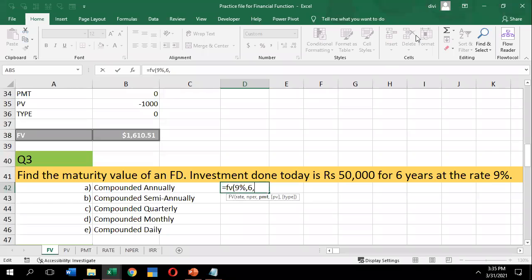PMT, how much? I didn't pay anything, so it is 0, comma.